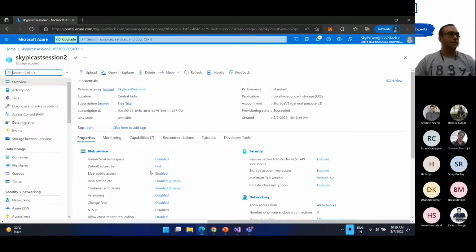Then there is a function premium plan. Just one more point to add in the consumption plan is that consumption plans are auto scaled. By default they are running as one instance of your function. But if there is a higher demand or higher load on your function app, it automatically scales to more instances. But the only problem in that is